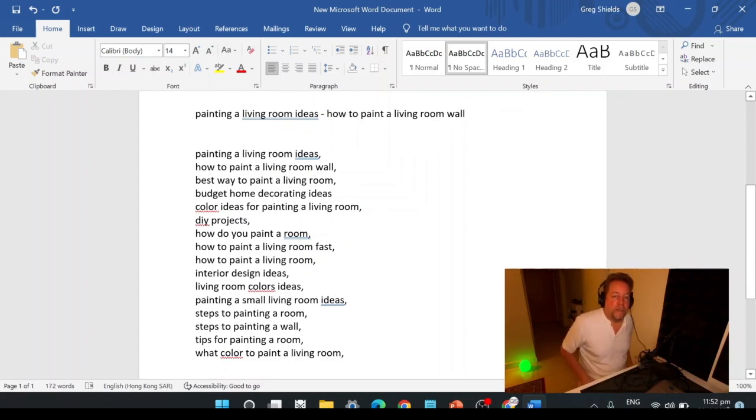Okay, here's another thing I didn't mention on the last one. The title keywords should be the first keywords. So the phrases that you use in the title: if the first phrase is painting a living room ideas, second phrase is how to paint a living room wall, those phrases should be number 1 and number 2 in your keyword tags field when you enter that into your YouTube video editor, okay?